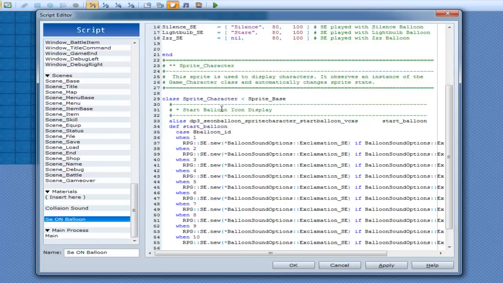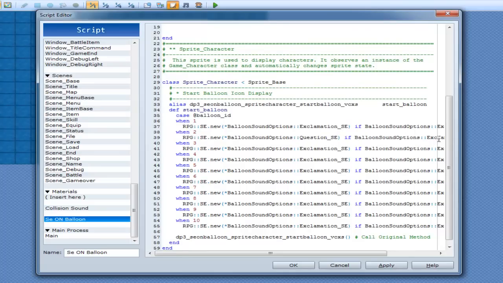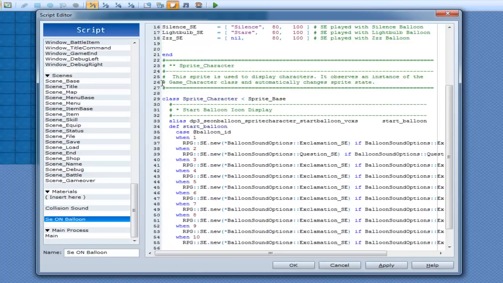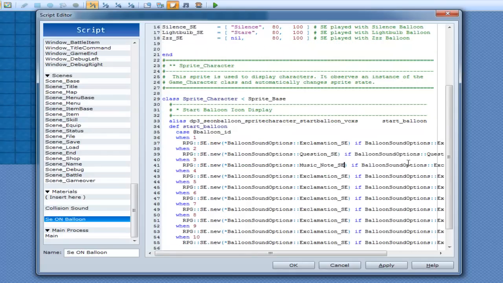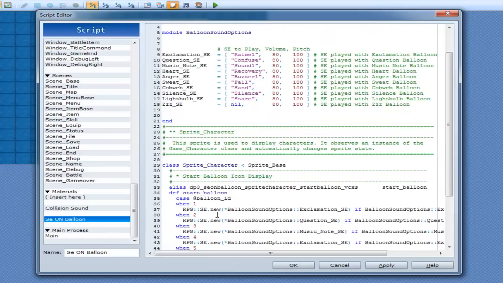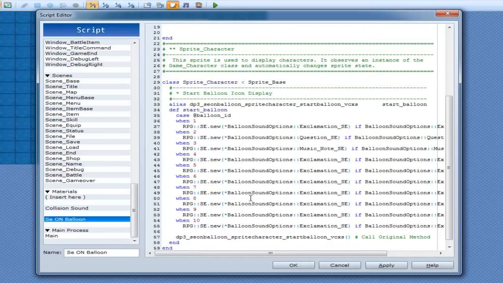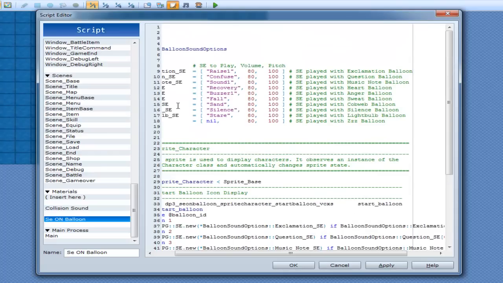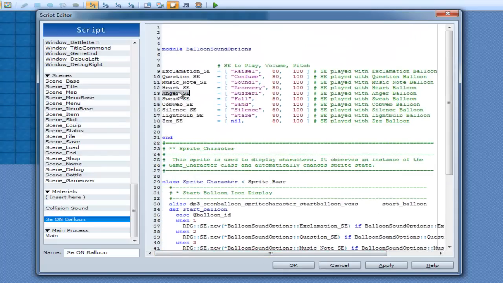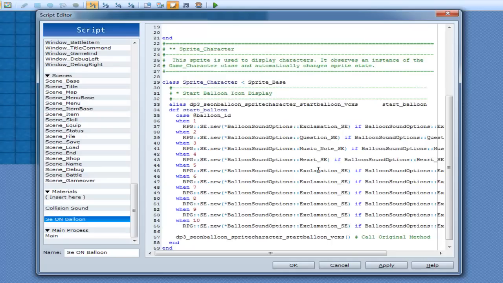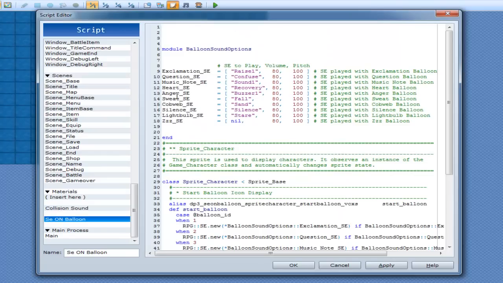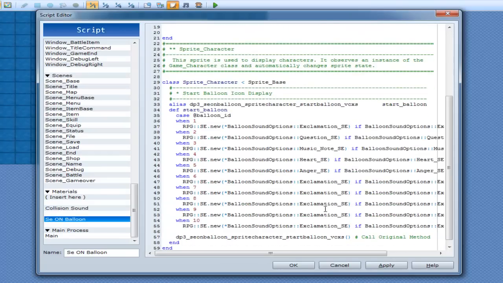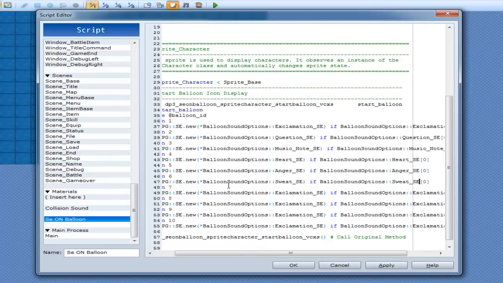Now we just go down onto it, and second one is question, so question and then question, and we can just do the exact same for all of them. It really doesn't require that much effort in this part. Music note, and then after music note we have heart, so give me heart, and heart will be for you and you. Go across. Heart, anger now, so we have anger, anger, anger, then after anger we have sweat, so sweat, sweat,